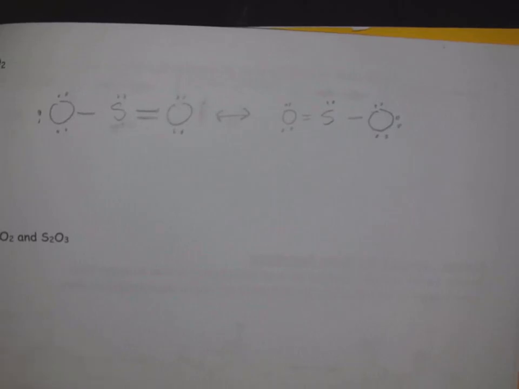This is very similar to the last one, where both of them are valid structures and they would both occur equally in nature. But now I'm going to show you an example of one that has resonance structures, but one is more stable. One occurs more readily in nature. So look at